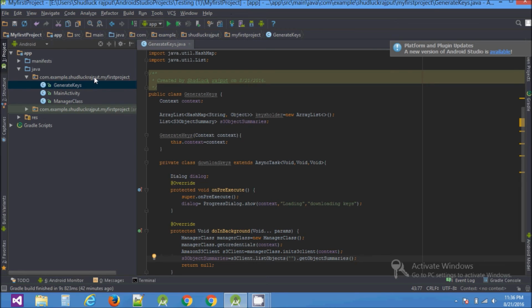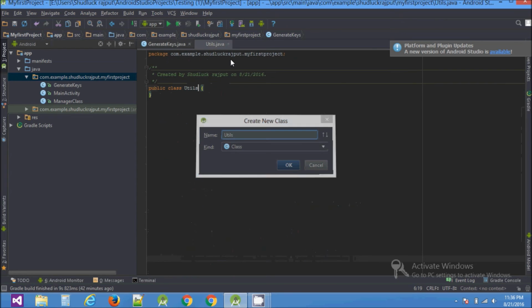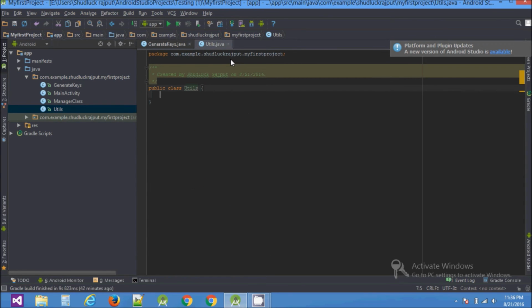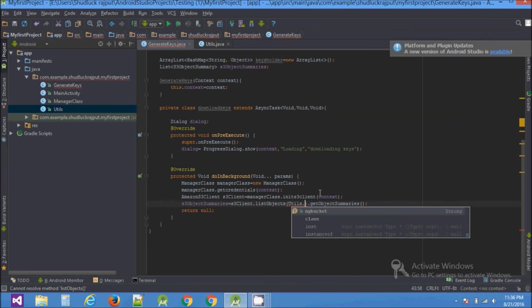Right click the Java class, name it Utils, okay, and create public static String myBucket equals whatever your bucket name is. Mine is shoot luck YouTube. Then I'll call it here, Utils.myBucket. That's it. It will give the s3ObjectSummaries list.